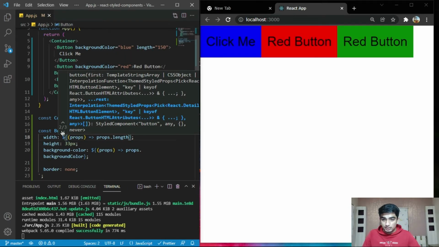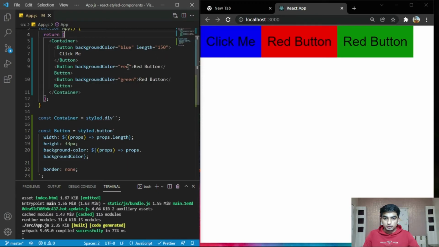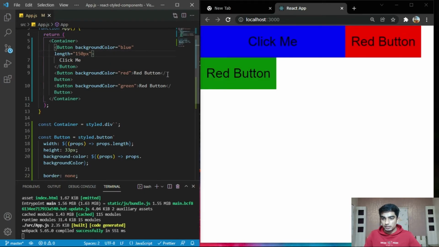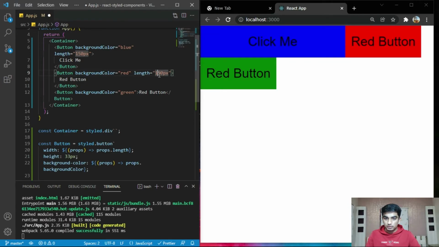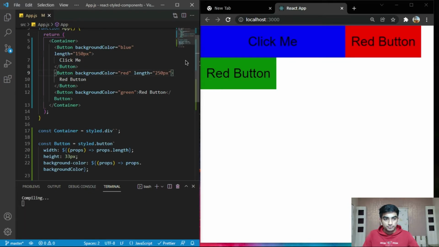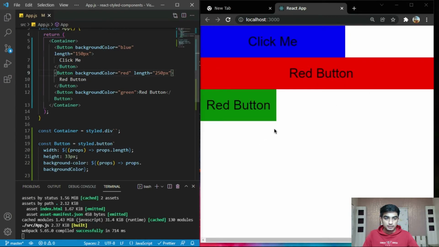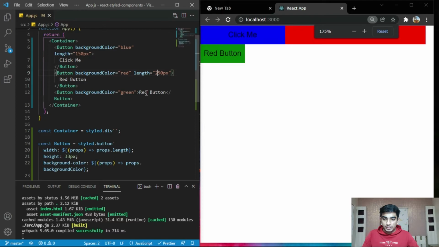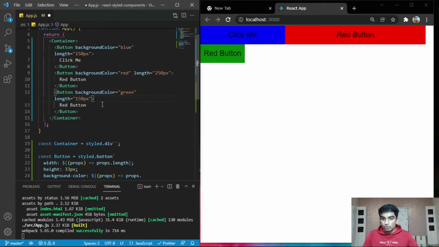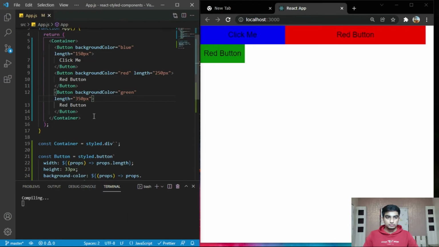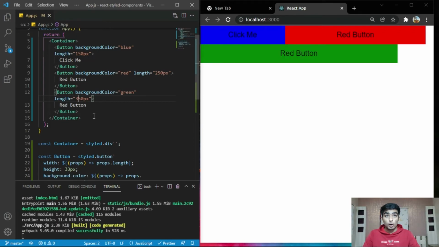You can see I just created a 150 px length. Similarly, this red button has 250. Save it. You can see it has a 250 length. Similarly, the green button has 350. That's it. This is props inside the styled component.